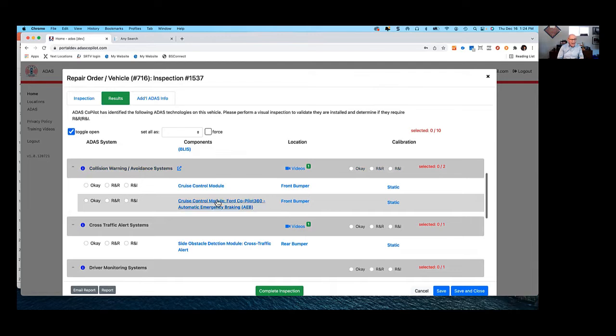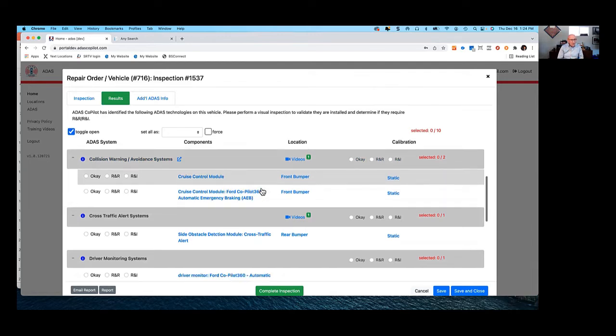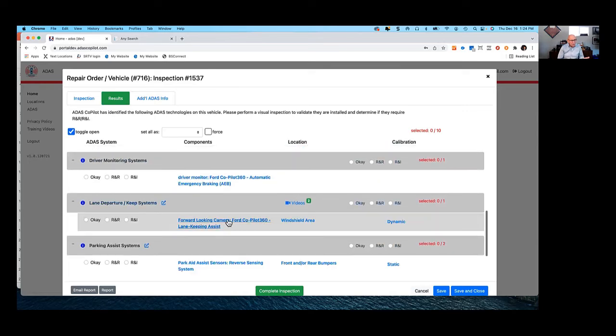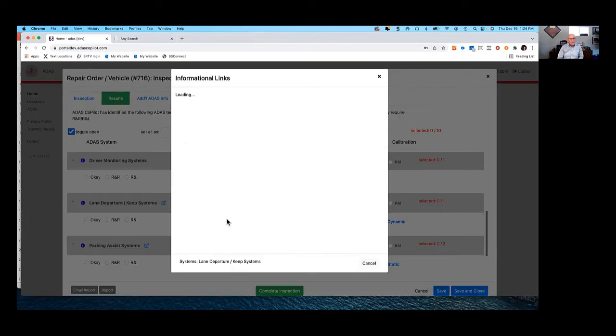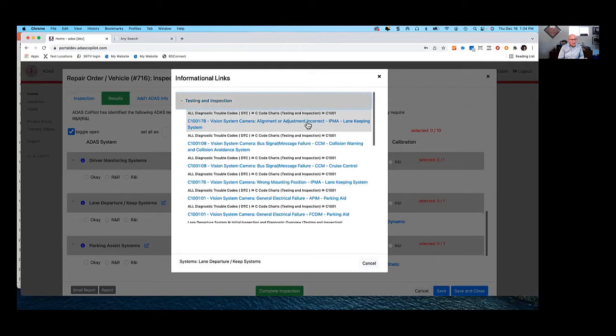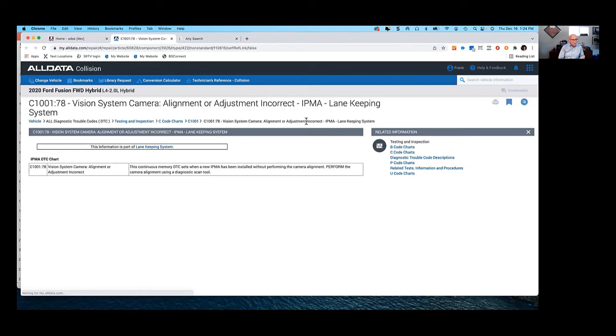That's why we break out each of the components. And by the way, we use the manufacturer's names. If I need to learn more about this component, I click on the component. How do I adjust this lane keeping system? It takes me directly to what I need to know about the lane keeping system.